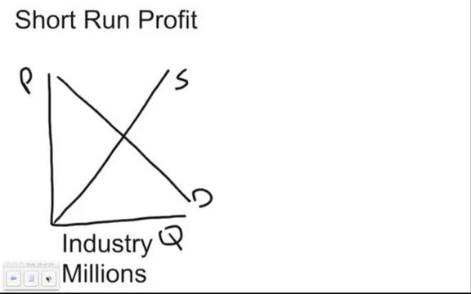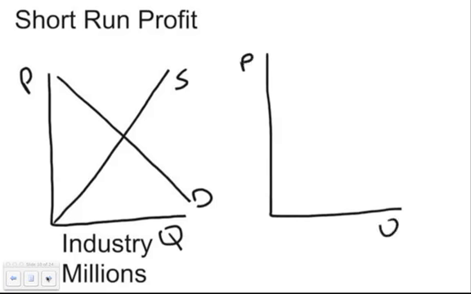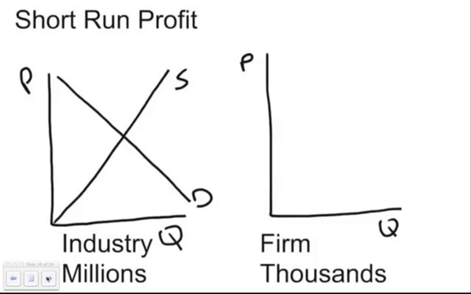So that's pretty simple. And then you're going to do a side-by-side graph, like I said. So you're going to draw your price and quantity next to it. And then this will be for the firm. And since it's a firm, it's just in the thousands. This is just the single business that you might own. So you take where supply and demand are equal right here, and you are going to draw that line straight over,